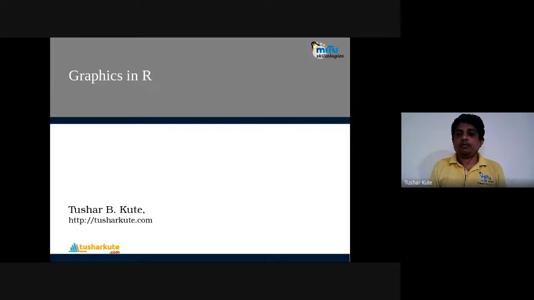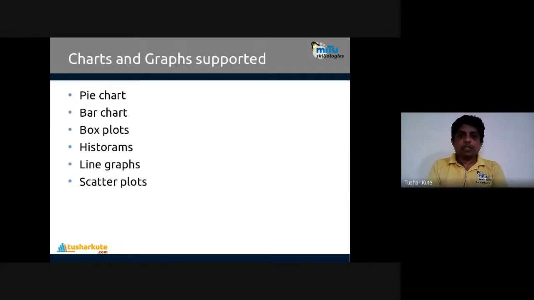Now, what are the different graphs present? Let's see. Commonly used charts are there, but it's not limited to those. The commonly used kinds of graphs that we know are pie charts, which we will talk about, and how to use them; bar charts, box plots, histograms, line graphs, and scatter plots.